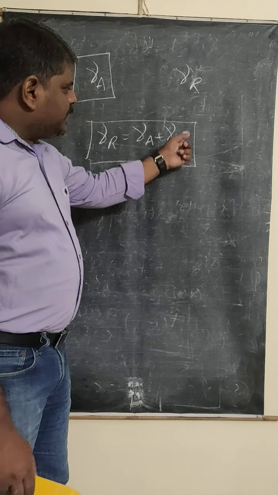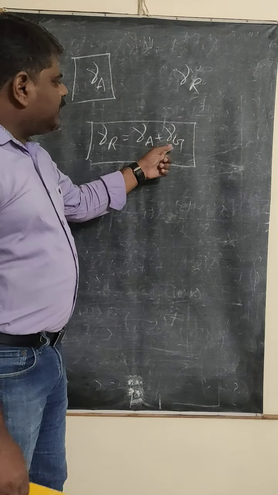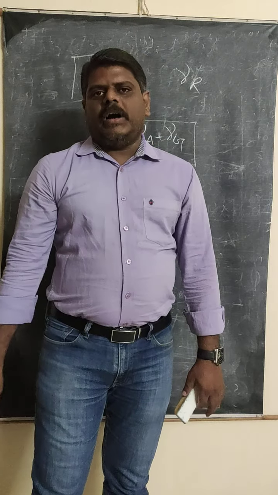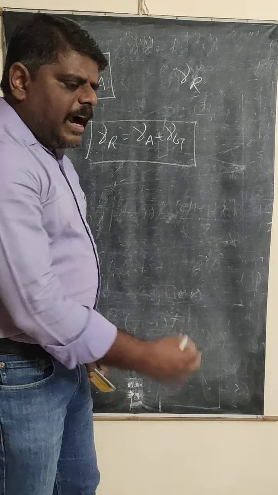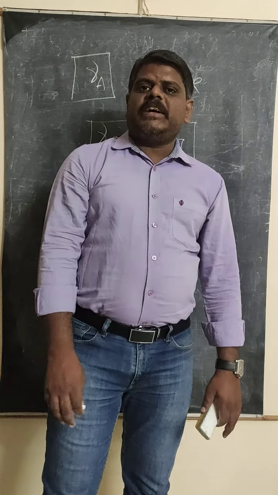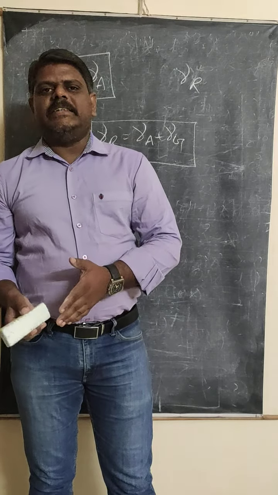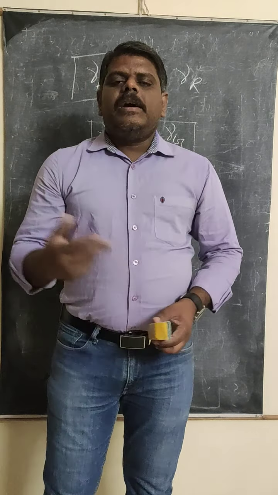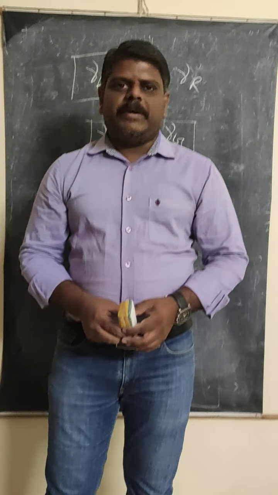In the case of gamma G, you can also write it in terms of linear expansion. In place of gamma G, you can write 3 alpha G, because the volume coefficient of expansion gamma is equal to 3 into alpha. These are the concepts we discussed in the last class. We also discussed a few conditions which are very important for competitive exams, as I already told you: if gamma R is greater than gamma G, if gamma R is less than gamma G, if gamma R is equal to gamma G, what happens to the liquid level in the vessel? Those conditions are very important.